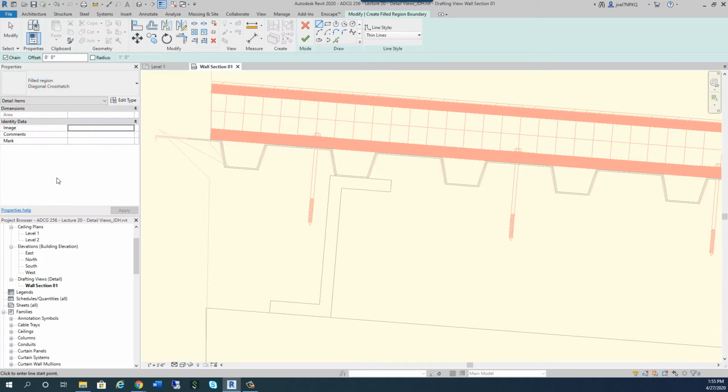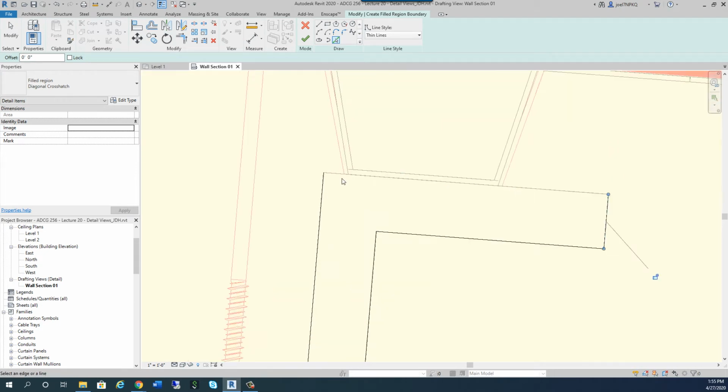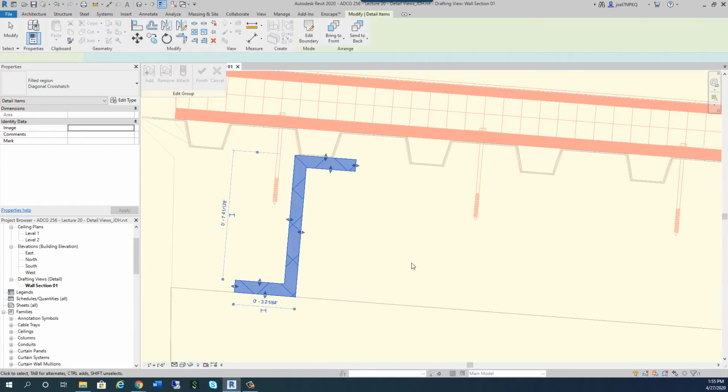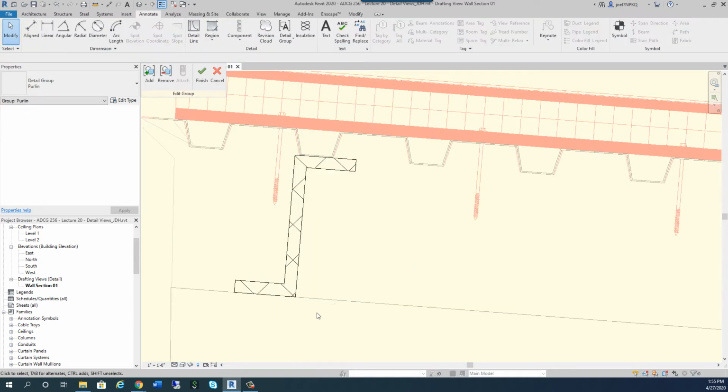I'm going to use a diagonal crosshatch. And what I can do in this instance now is go pick lines, right? Well, I can pick here, here, here, here, here, here, here. And that one, it doesn't quite want me. If I tab around, yep, there it is, right? And if I say finish edit mode, now I've got diagonal crosshatch, but that's not